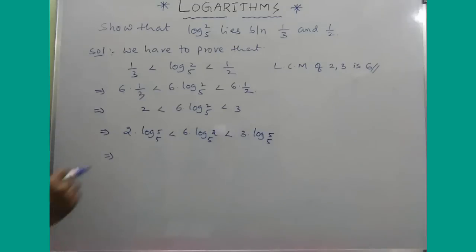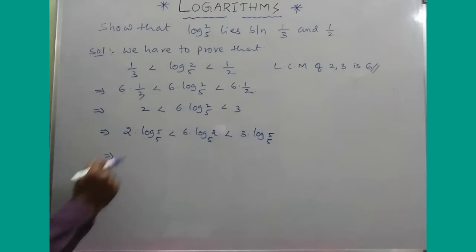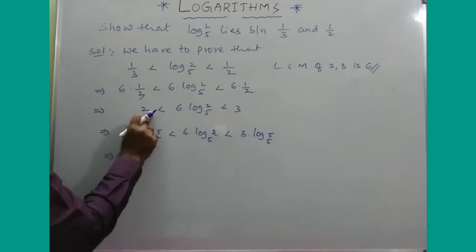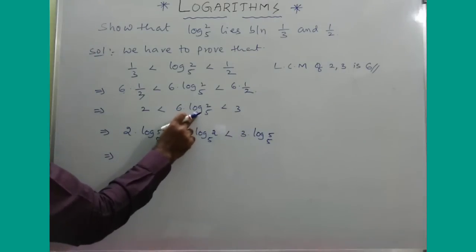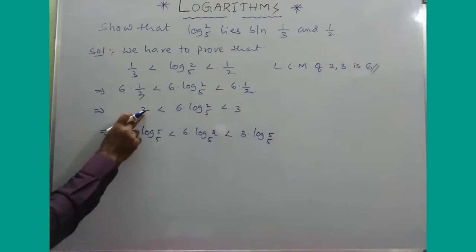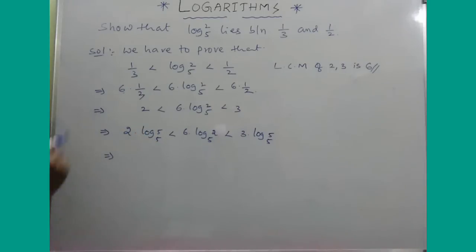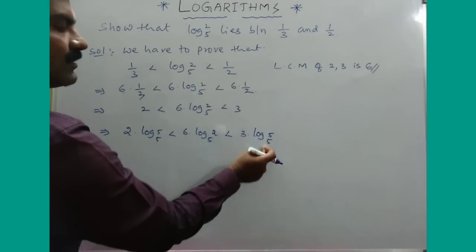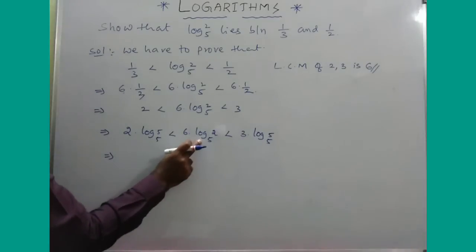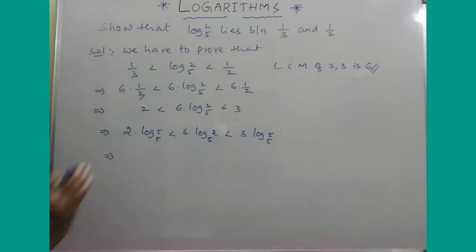Okay, so to compare this inequality, let us see that the base must be the same. Actually here we don't have any logarithm term in the first one and even in the last term. But in the middle one we have the base as logarithmic 5. Now 2 I can write as 2 into 1, and that 1 I can write as log 5 to the base 5. And similarly 3 I can write as 3 into 1, and that 1 can be represented as log 5 to the base 5. Because in the middle one we have base 5, because of that I want to express everything in terms of the same logarithmic base.